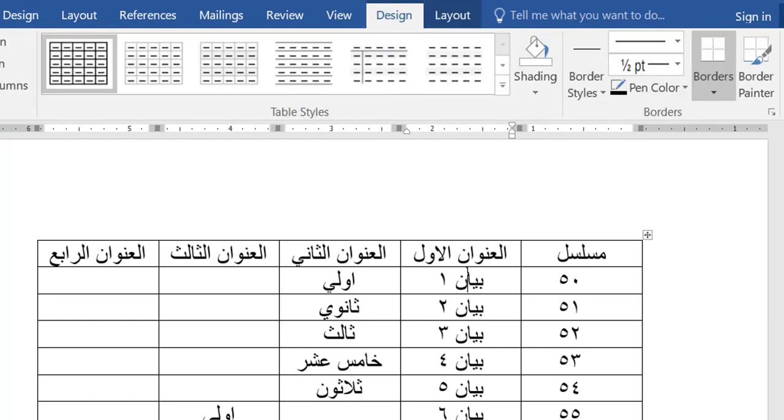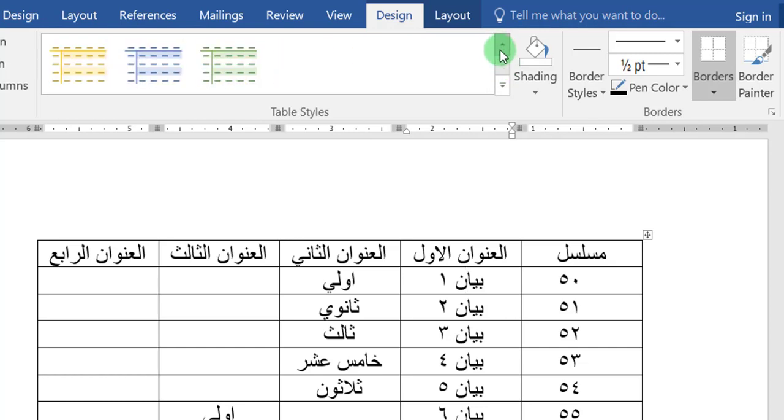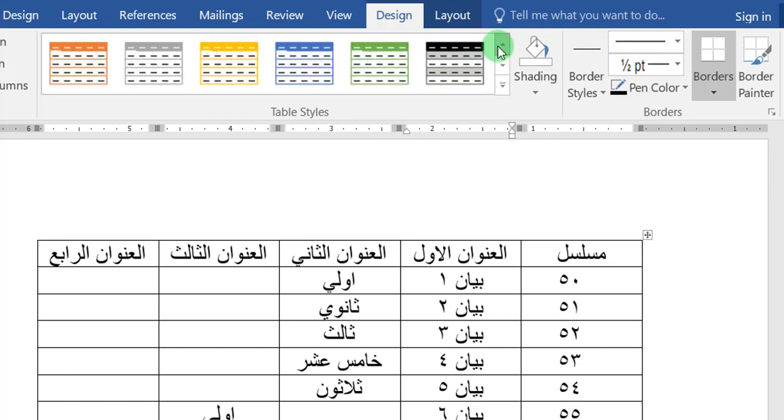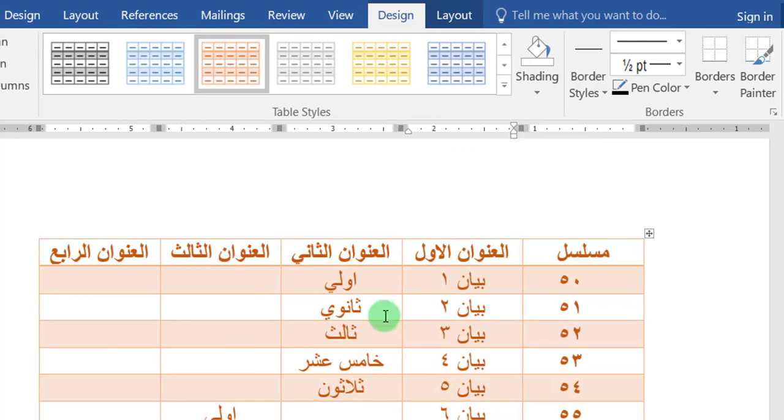By clicking on the table and then on Design, you can choose the desired design for the table. For example, select this design for the table.